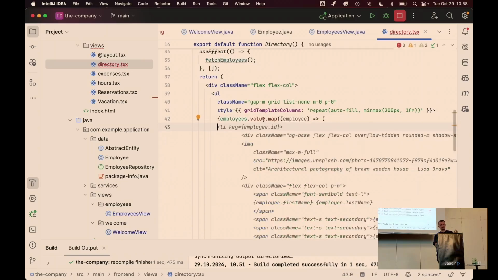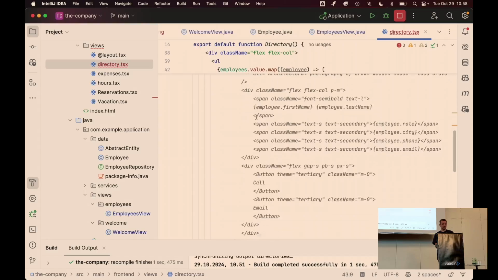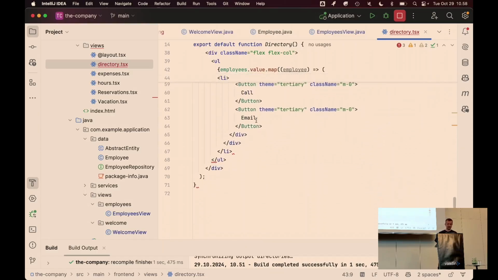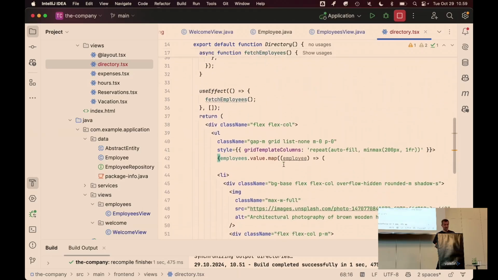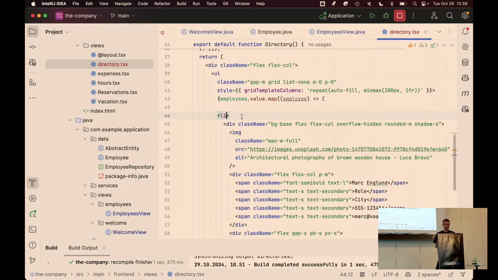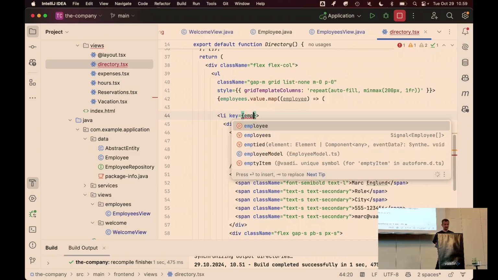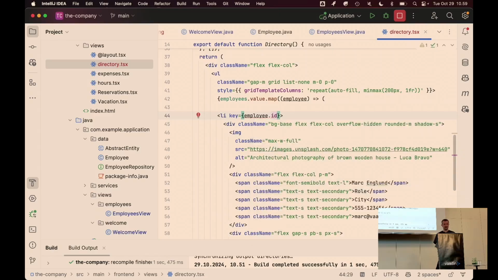We're going to take the employees that has magically updated the value because it's a signal and loop over that with our CRUD element and be able to use the information. We need to terminate that statement somewhere around here. And one thing, if you try to do this and you're not a React person, React needs a key on the element. Otherwise, well, I will show you what happens otherwise. So now we can use the employee that we're looping over here, and I'm going to use the employee ID